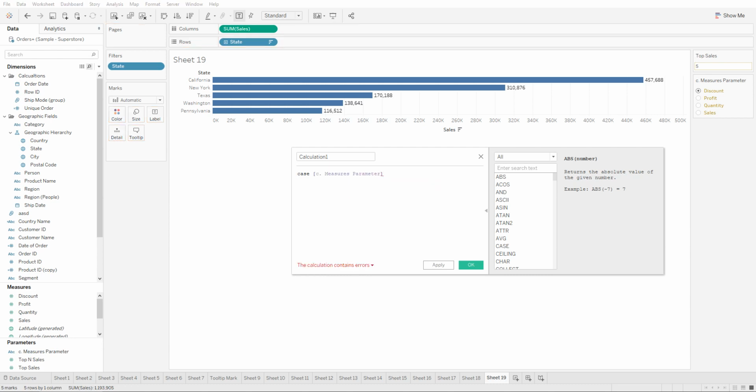So we're going to say case and then the parameter, and we're going to go to the next line and say when, in quotations, when discount, then discount, when profit, then profit, when sales, then sales, and when quantity,